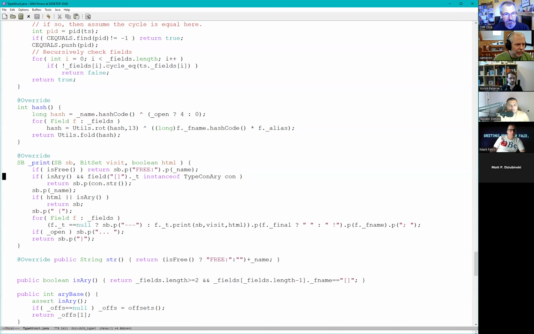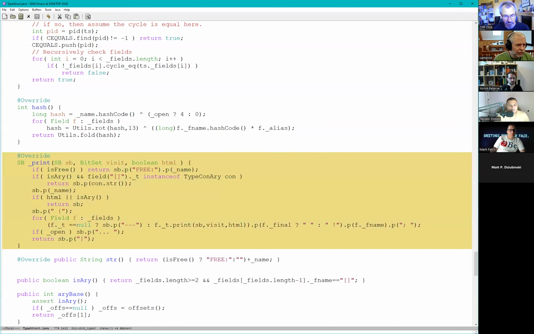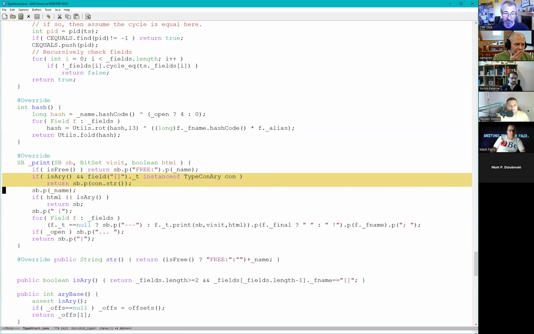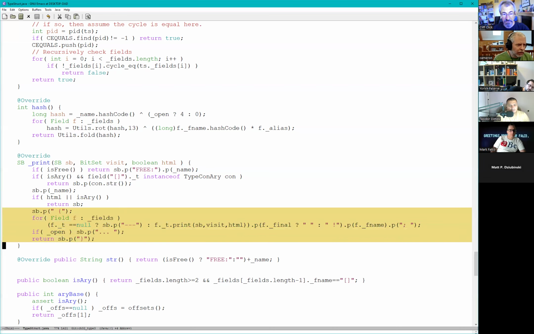This is the recursion version of print for structs. The short form is just your name, although there's a debugging hint: you shouldn't ever be free when that print happens. But then there's print your name, and then there's some other shortcuts for if you're an array struct, then you do other things, and otherwise you print curlies and you print your fields recursively.